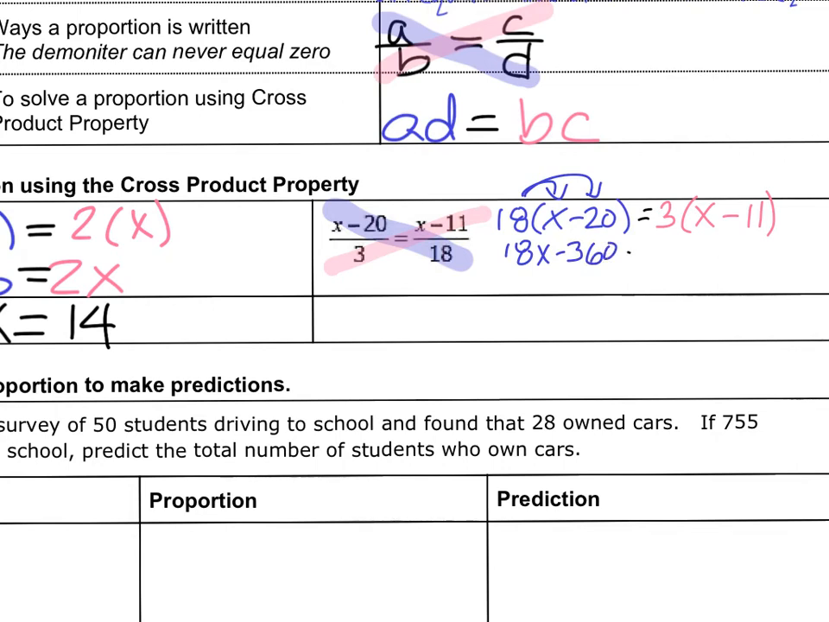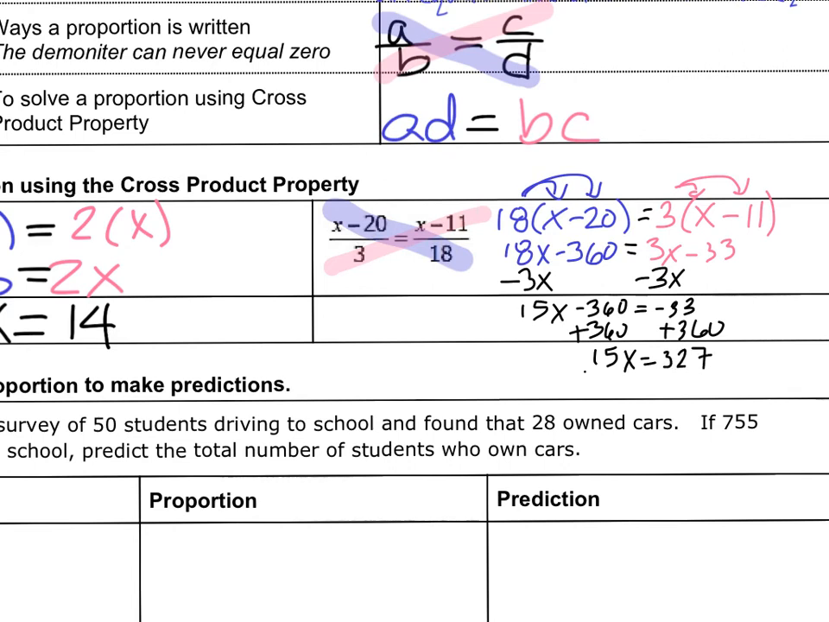And then it's going to be equal to 3 times x is a 3x, and 3 times negative 11 gives us a negative 33. From here, we're going to go ahead and subtract 3x from both sides so we can get our x's all on the left. So that leaves me with 15x minus 360 is equal to negative 33. Don't forget that negative. I'm going to add my 360 to both sides, and that leaves me with 15x is equal to